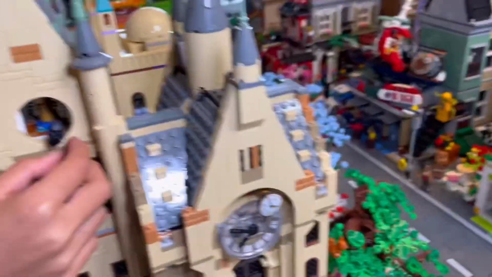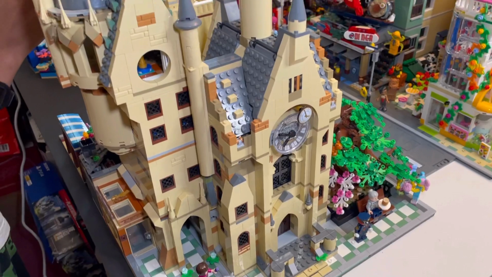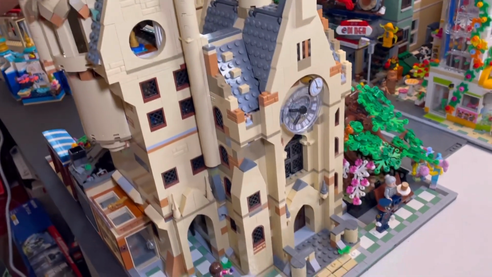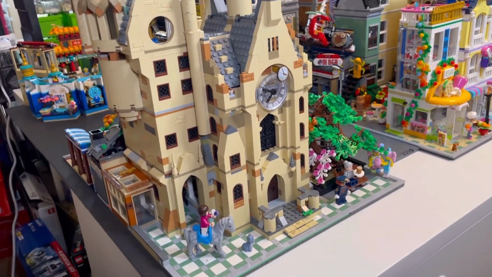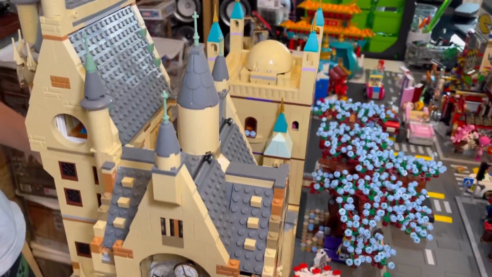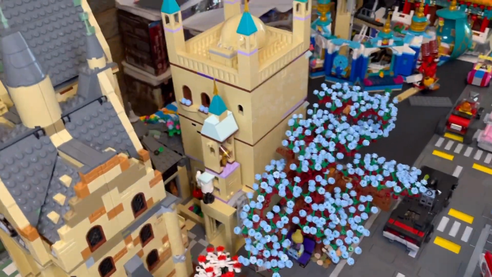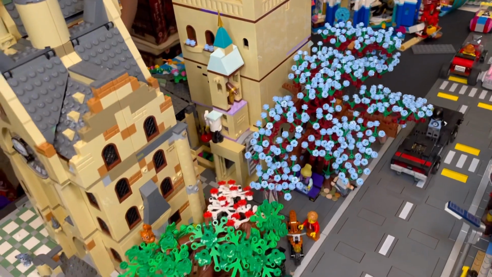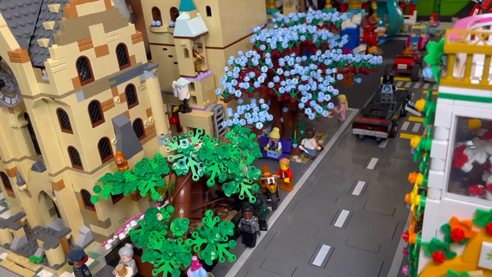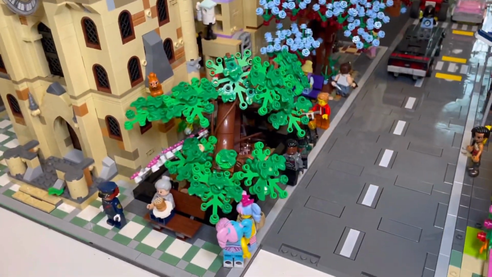So anyway, to kick off the Neighbourhood of Culture was this big cathedral medieval type building. This was the combination of the Harry Tower, astronomy, and clock tower sets. So this goes adjacent to the mosque building that I created there, and now I've got some beautiful trees in the city. We've got some greenery in the city with the bonsai tree repurposed